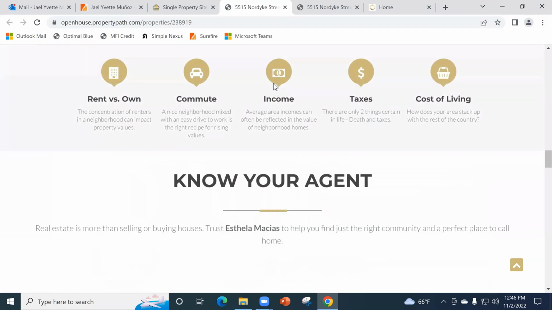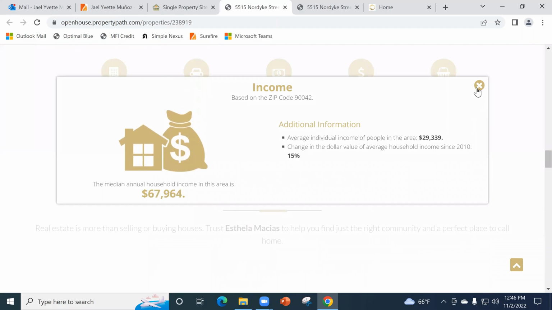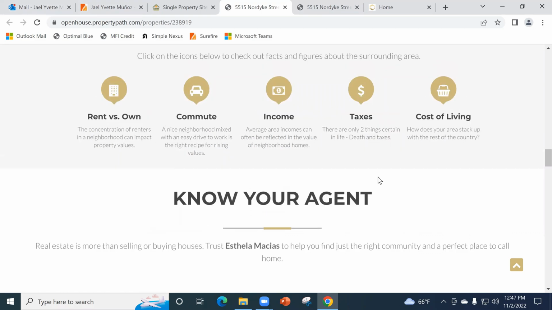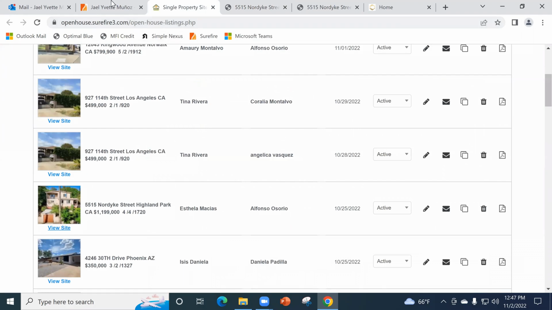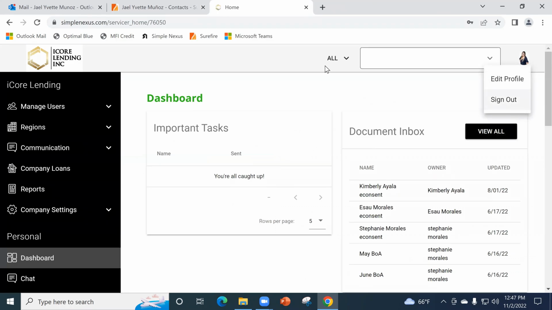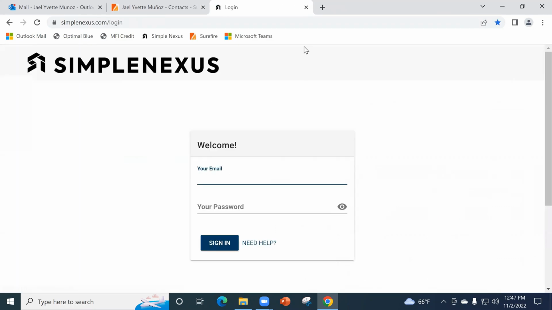That's the one thing that I really love about it. It's super interactive. And guess what? This is free to your agents. So most agents actually pay for these single property landing pages. So this is super cool. Another thing is, and again, these are just a small overview of what you guys would get with these marketing materials,